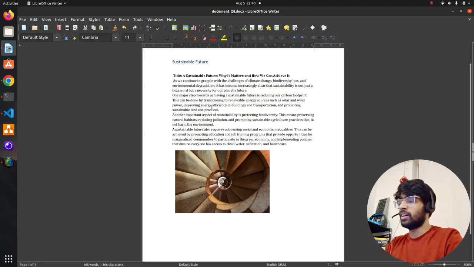You can see this can be done by transitioning to renewable energy sources such as solar and wind power, etc. And then we're talking about also require addressing social and economic inequalities, etc. So very good content, right, that I'm seeing right now. So we have used Llama2 to generate this, and then we have a title, and then we have an image